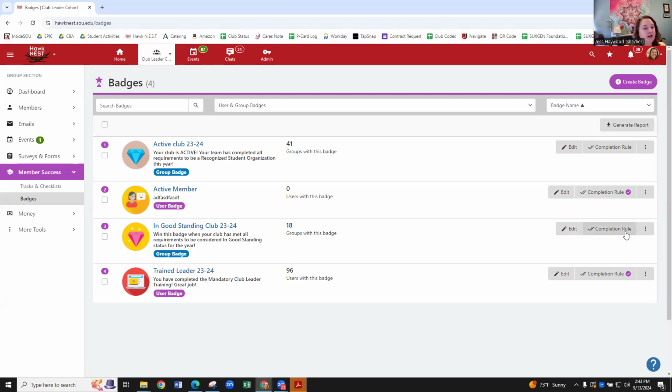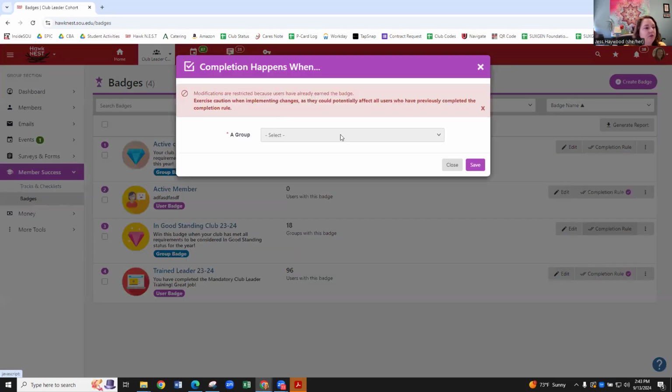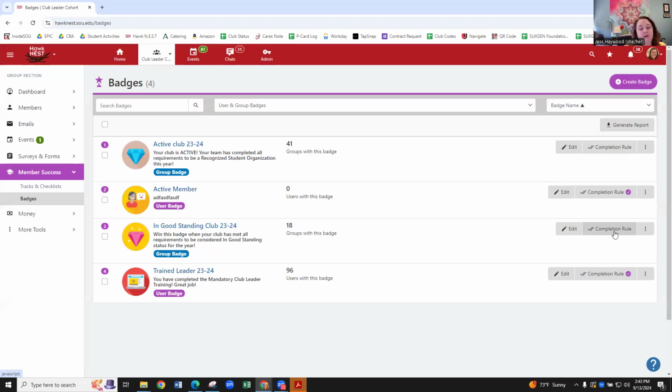You'll notice that these badges here don't have a completion rule, because I couldn't find a rule that fit them specifically. So for these, I just go in here and manually award the badge to people or groups. You can also do that if you want to keep track of something, but it's really great to set a completion rule so that once they've completed those steps within Hawk Nest, they automatically get that badge. These badges show up